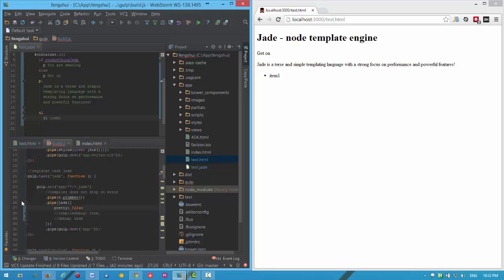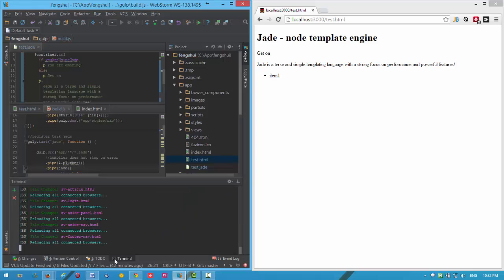The only issue is that when you change some properties related to Gulp functionality, you need to restart the server. It doesn't catch it on the fly, and I don't know why. So we need to go ahead and stop the server and run it again,